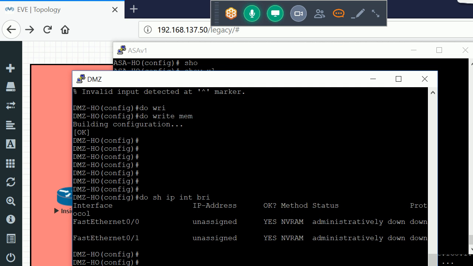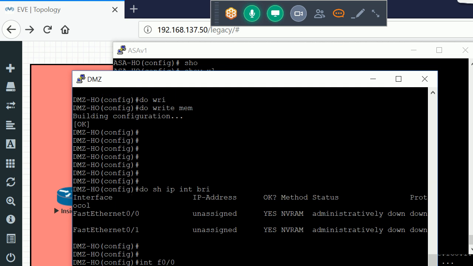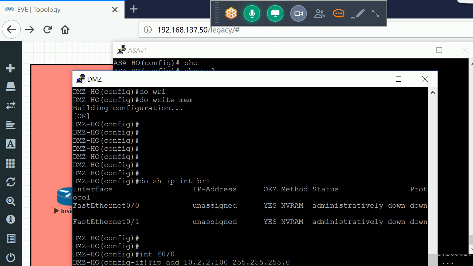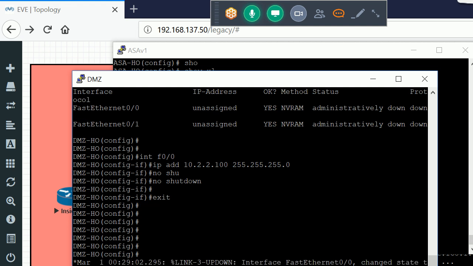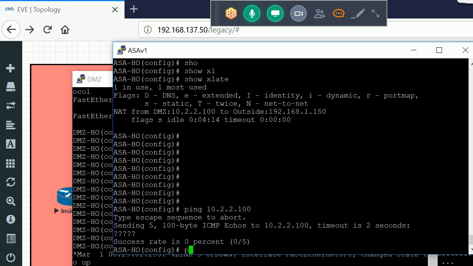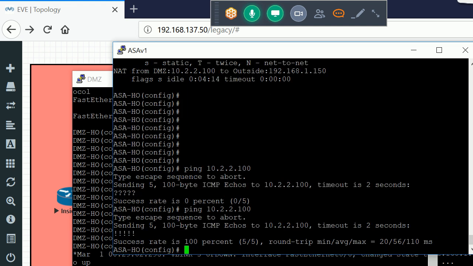IP address 10.2.2.100 255.255.255.0. Exit. I am able to reach.